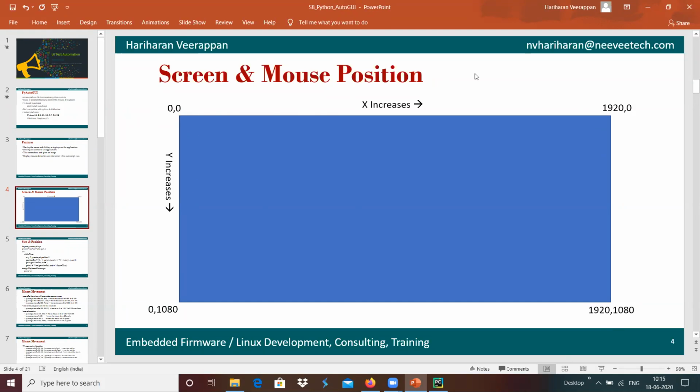Whenever we move the cursor from here to here, x increases, and whenever we move the cursor from here to here, y increases. With this, we are going to manipulate and create screen automations.